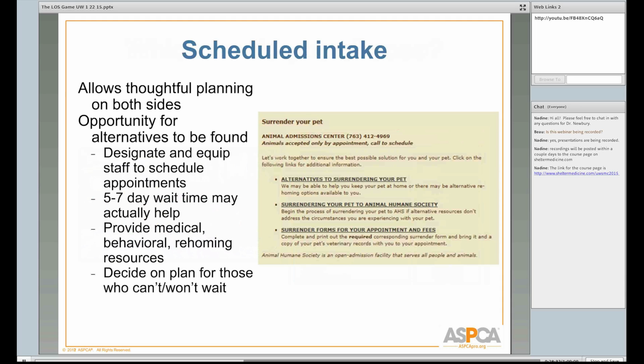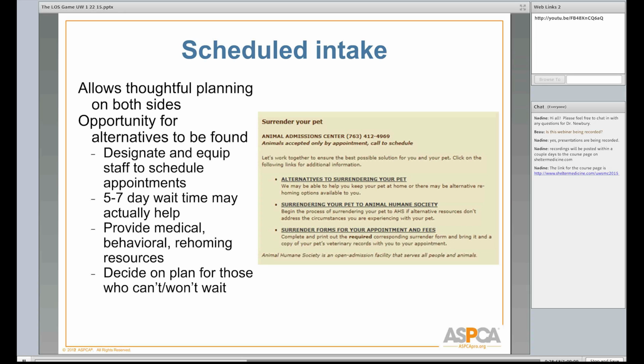They recognize that they have to make appointments for all sorts of things. And having that appointment schedule lets shelters build capacity at the times where the animals are going to be coming in, and so they can do a better job of doing it. So this is from the Animal Humane Society up in Minneapolis, and they wanted to implement managed intake.